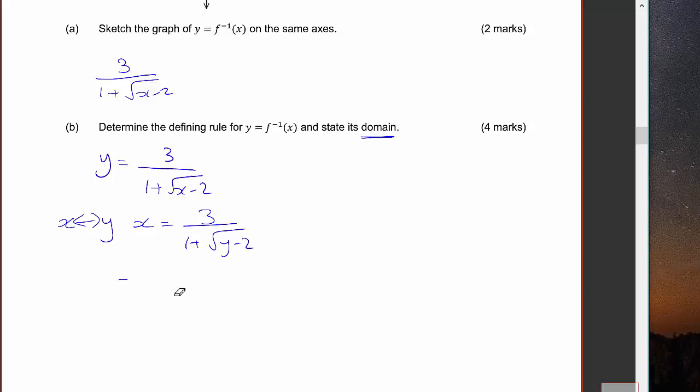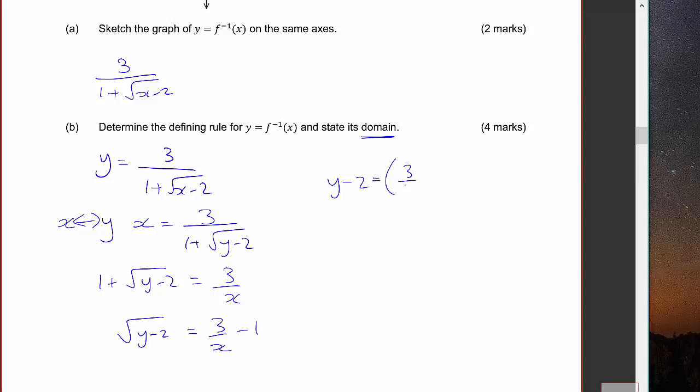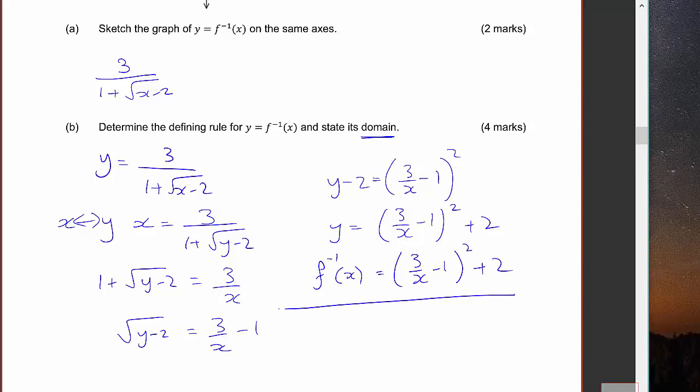no, I've got a better idea. I'm going to bring the bottom of this up to this side, and at the same time take the x underneath over there, and then root y minus 2 is 3 over x. Take 1, square both sides, y minus 2 will be 3 over x minus 1 squared, and so y would be 3 over x, take 1 squared plus 2, and so we can say the inverse function is 3 over x, take 1 squared plus 2, and